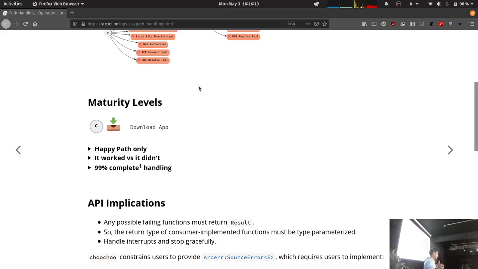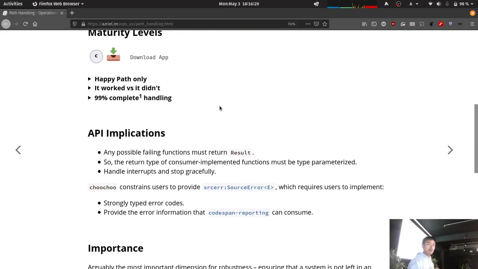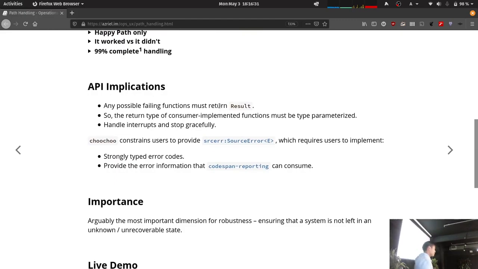And 99% complete, because usually you cannot encode stuff like "the power went out" into your code, and your code can't say, oh, the power went out, I'm going to do this, because the code doesn't exist anymore. Right, so there's different maturity levels. And so for choochoo, the library,